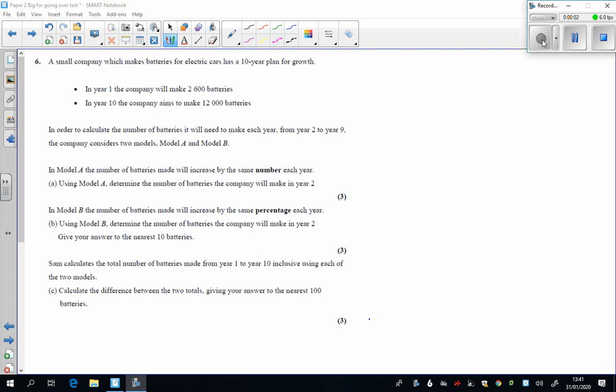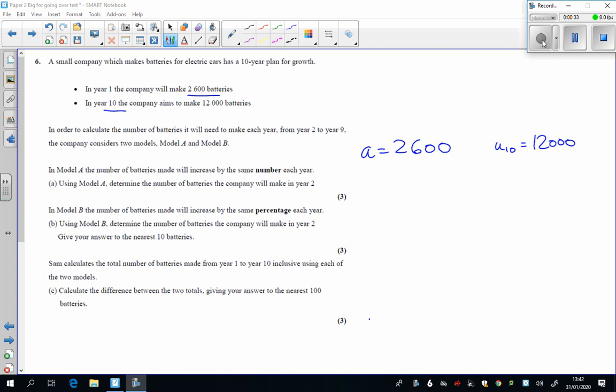Question 6, the first thing you think is, whoa, what a lot of reading. But it's basically two sequences questions. One's going to be an arithmetic sequence, one's a geometric, and we're going to try and look at what we get between them. So it says we're going to start at 2,600 batteries, and it says that in year 10, so U10 is going to be